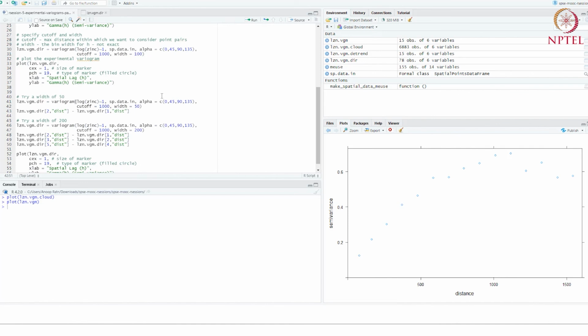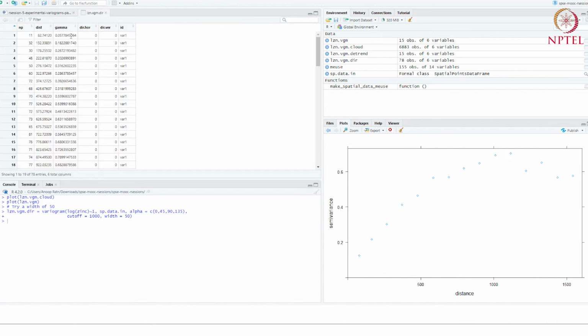For example, I did a variogram here in which the width was 50. And if I go here, it actually tells me the value of h for every bin. So 0 to 82.7 or so is in one bin, then 82 to 132 is another bin, 132 to 178.